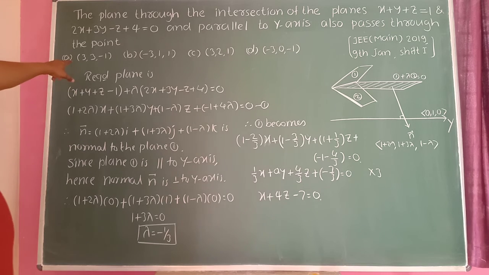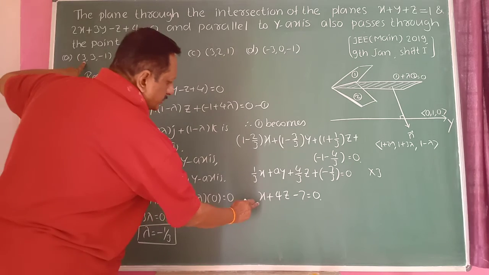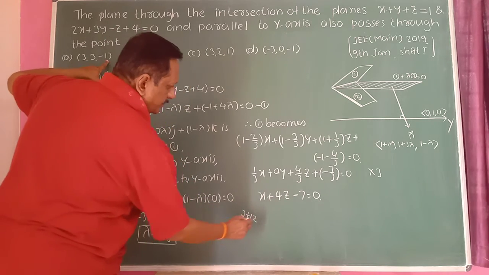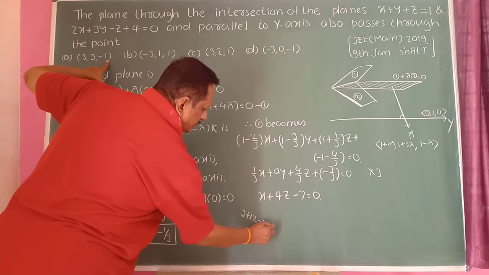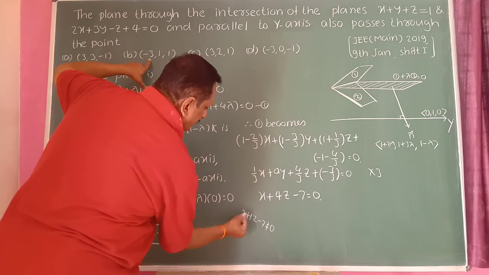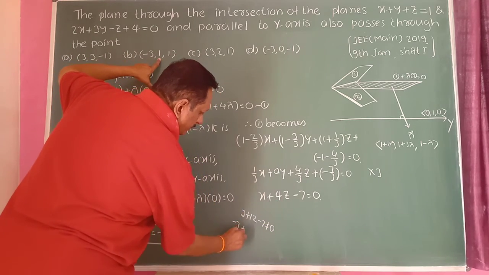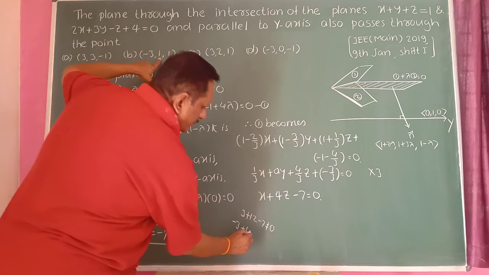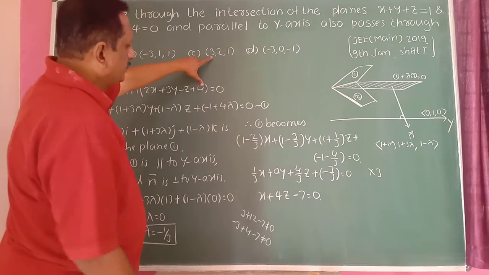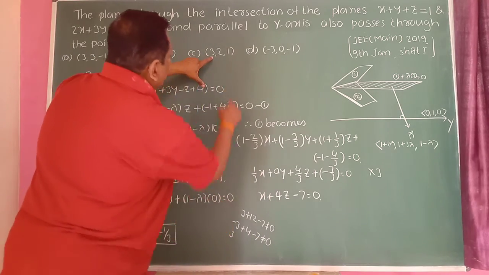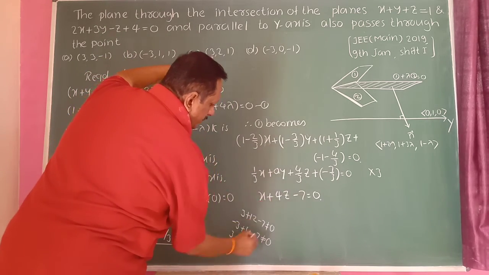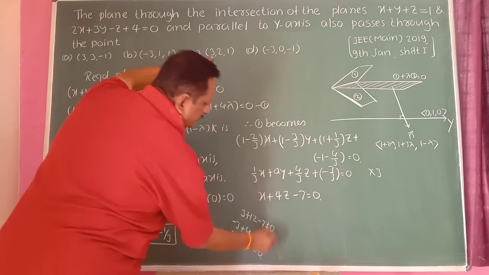Now we go on to substitute the values here. So substitute: 3, then 4 times 3 is 12, minus minus 7. This is not equal to 0. Take a second point, minus 3, then z value 1, 1 into 4 becomes 4, minus 7. Again this is not equal to 0. Take this one, put 3 here, then x value is 8, y value is 2, plus 8 minus 7 that is equal to 0.